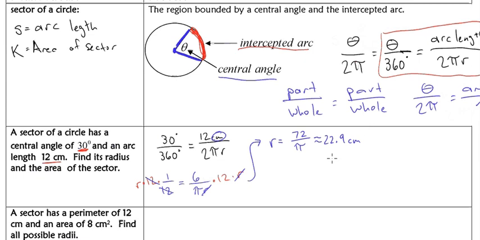We found that now using our proportion of part over whole equals part over whole. And you'll hear me repeat that phrasing quite a lot. All right, so we found our radius. Now let's find the area of the sector. So what proportion can we set up here? Well, we know that the area of the sector is going to be, and the book uses K, so I'll use K here. The area of the sector divided by, well, that's our part. What's the whole? The whole is the entire area of the circle, so that's pi times radius squared